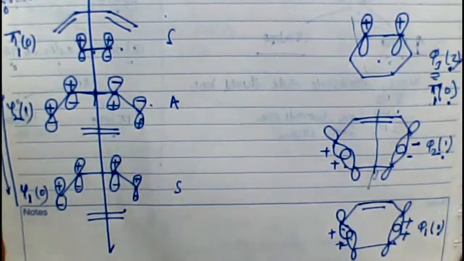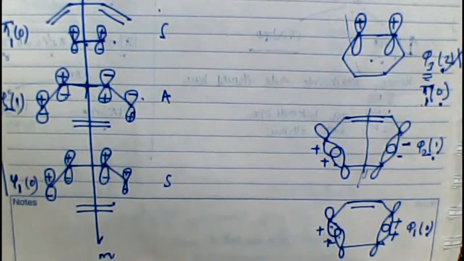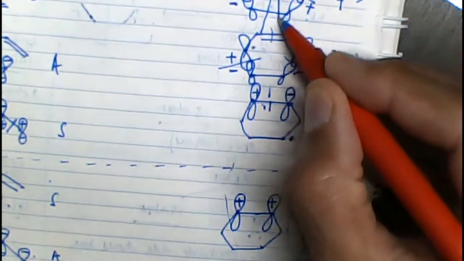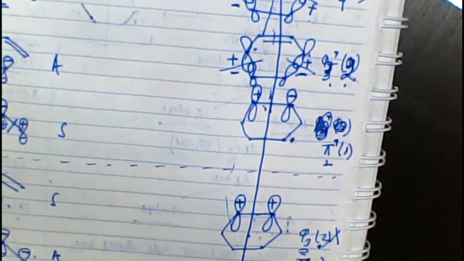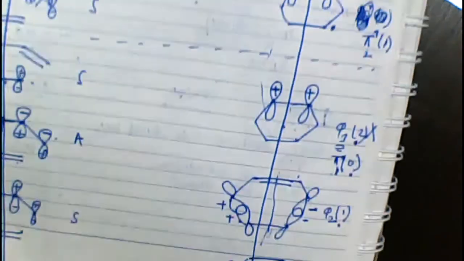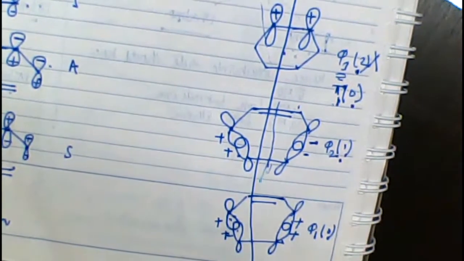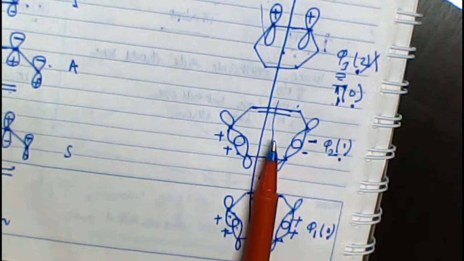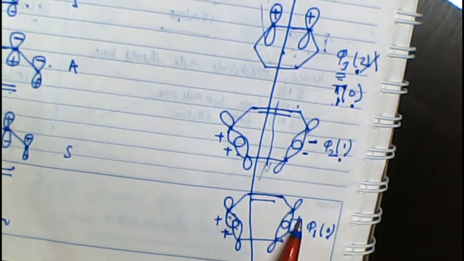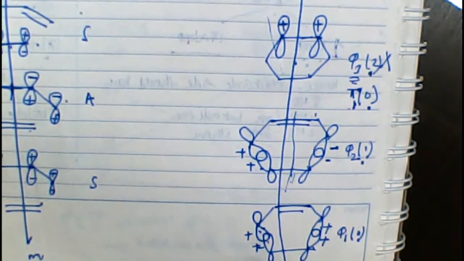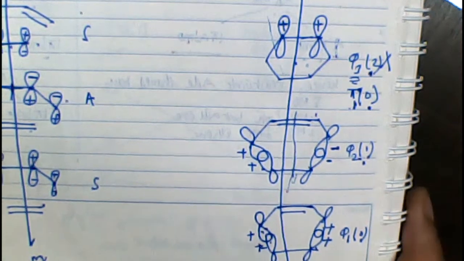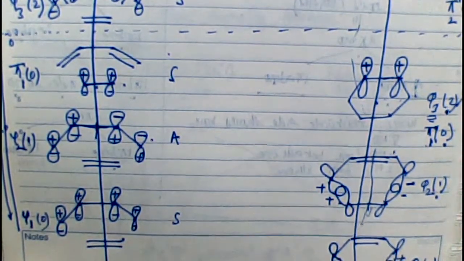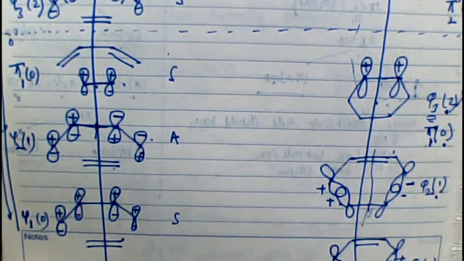Now let's look at the product side also. The same mirror operation has to be chosen. So I'll pass a mirror plane through this molecule like this. Let's say the operation. Once you pass the mirror plane, this orbital will face this one. Same signs are encountering. This positive is facing this positive. Since it is encountering similar signs, this is a symmetric molecular orbital.